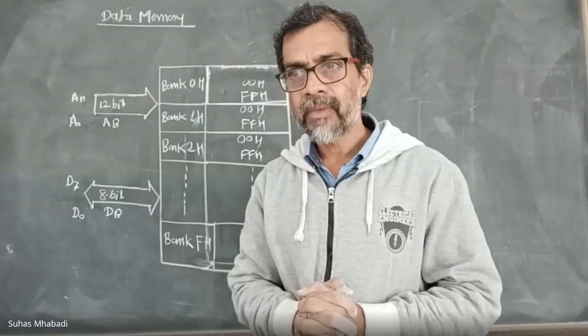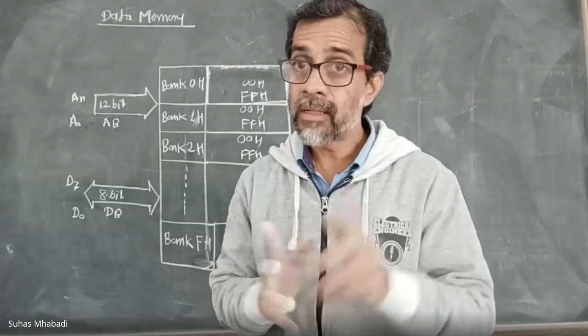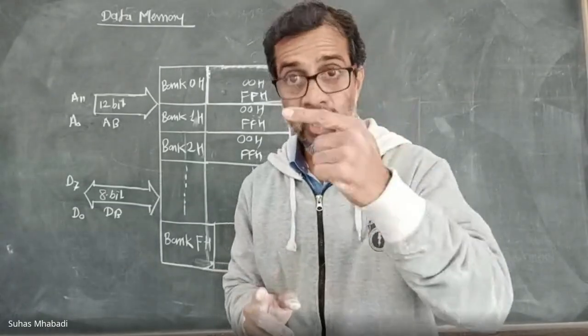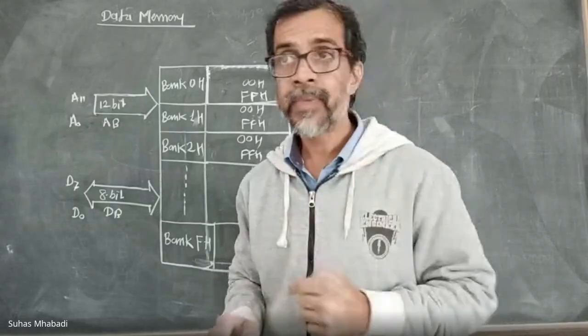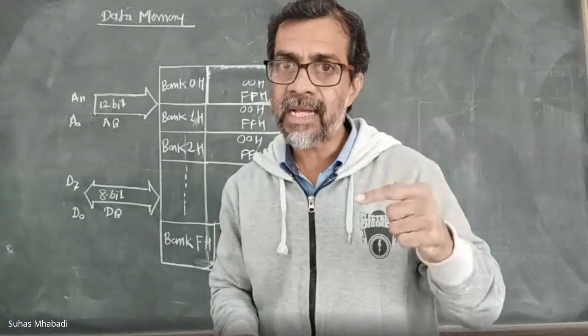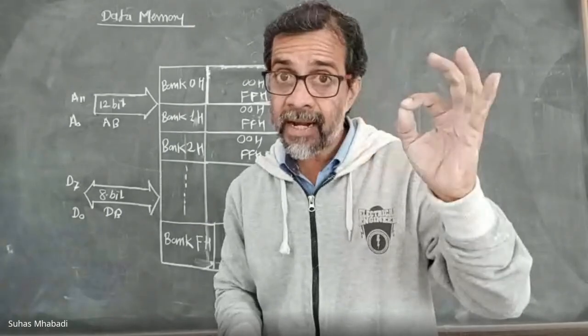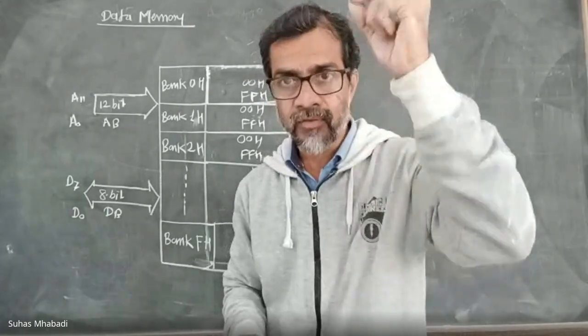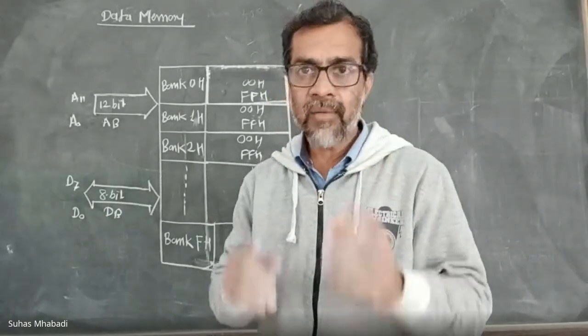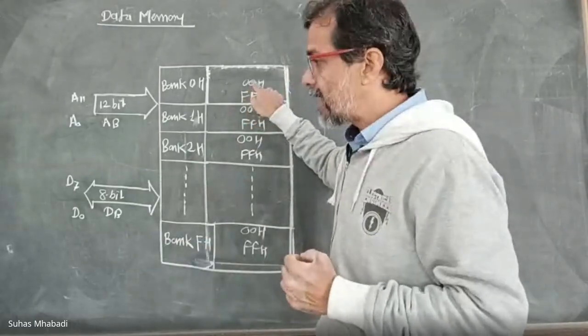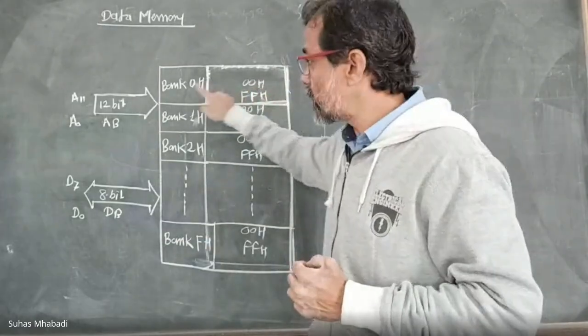And then if I want to find out the net address, the final address of one of the registers out of these 4,000 different locations, I will combine the address of register along with the address of